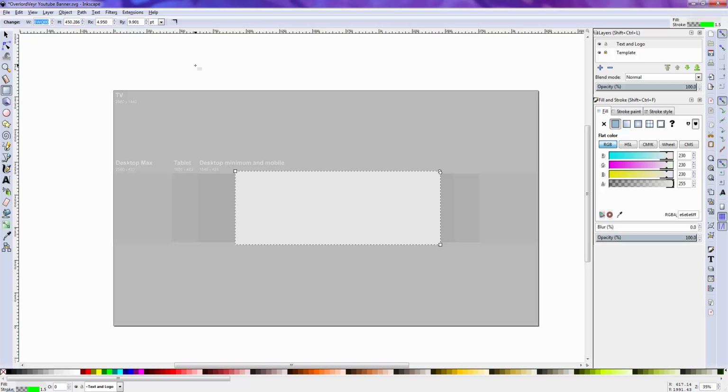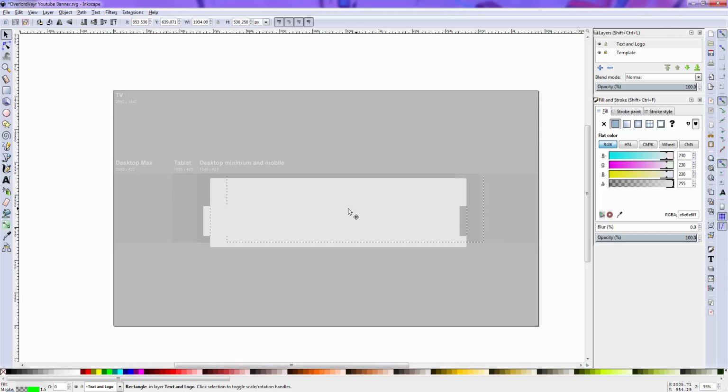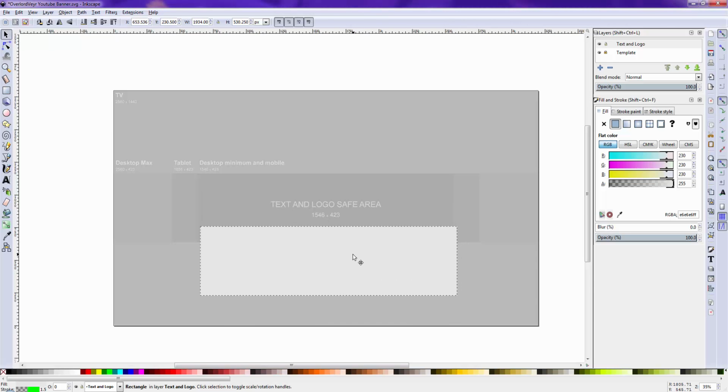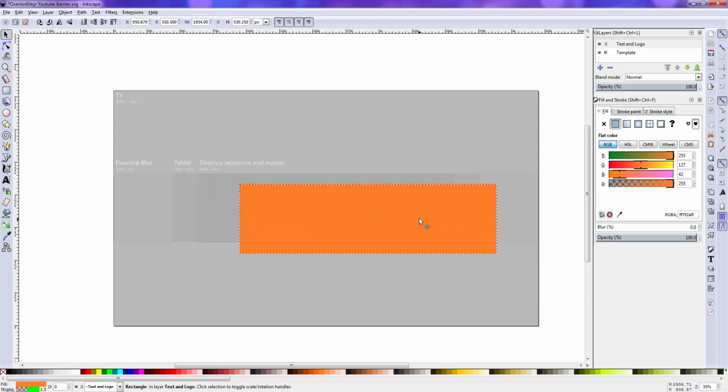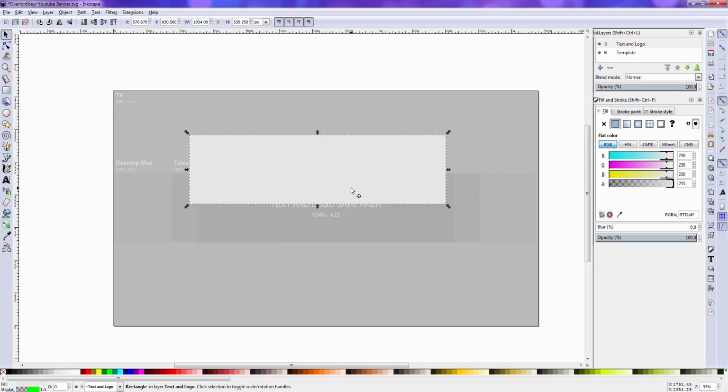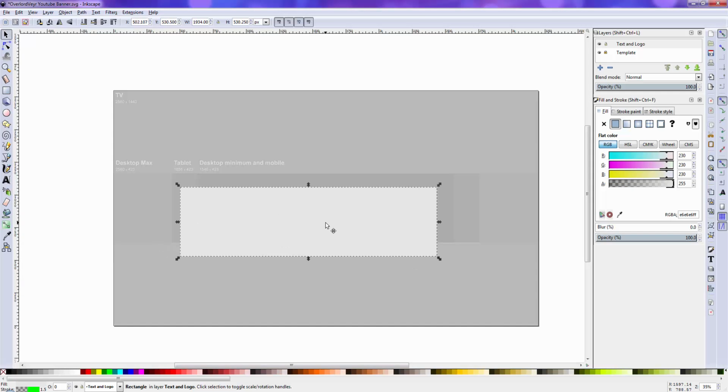Control A already. And 423. There we go. Here is our pristinely sized box. It's not so pristinely colored, though. It's fine. Not our worry. I don't know, we'll just make this ugly orange for now. You know what? I like that ugly white thing. Anyhow,